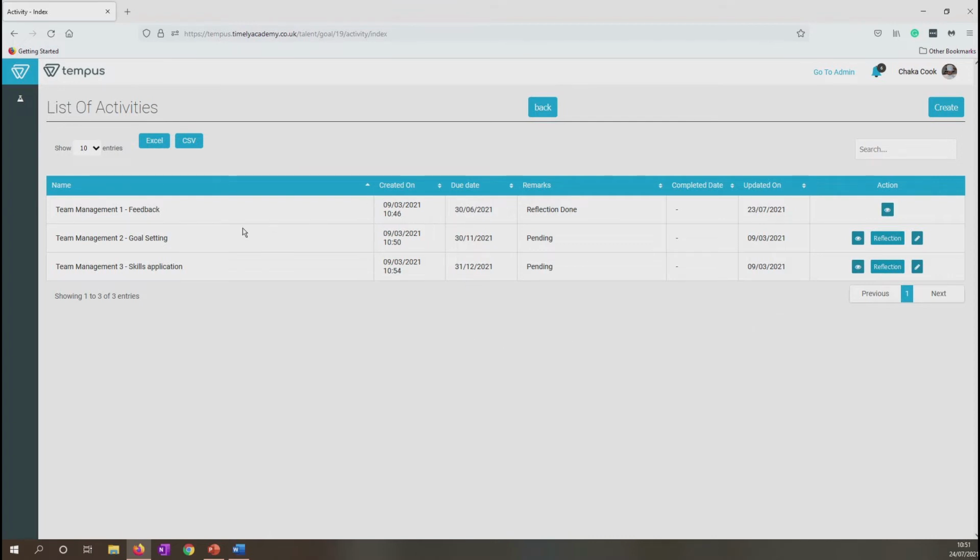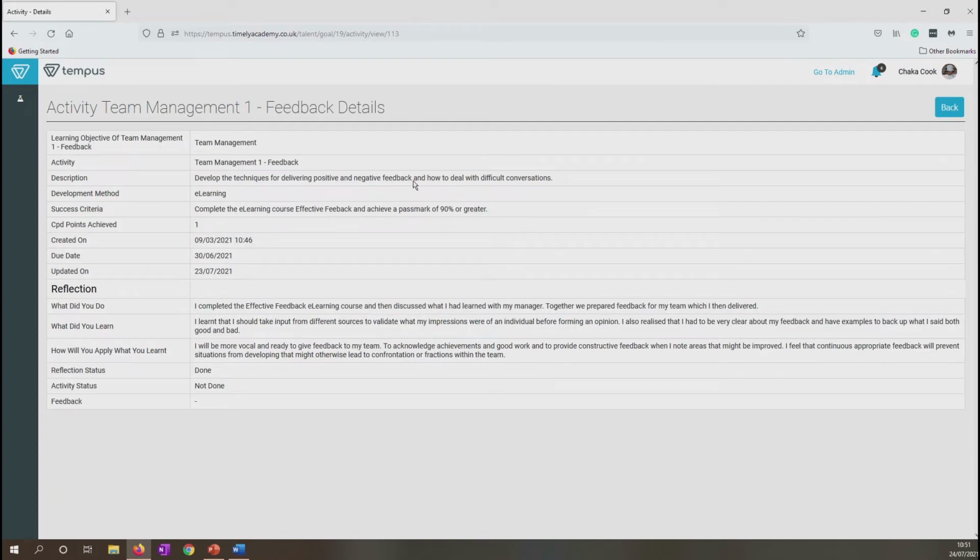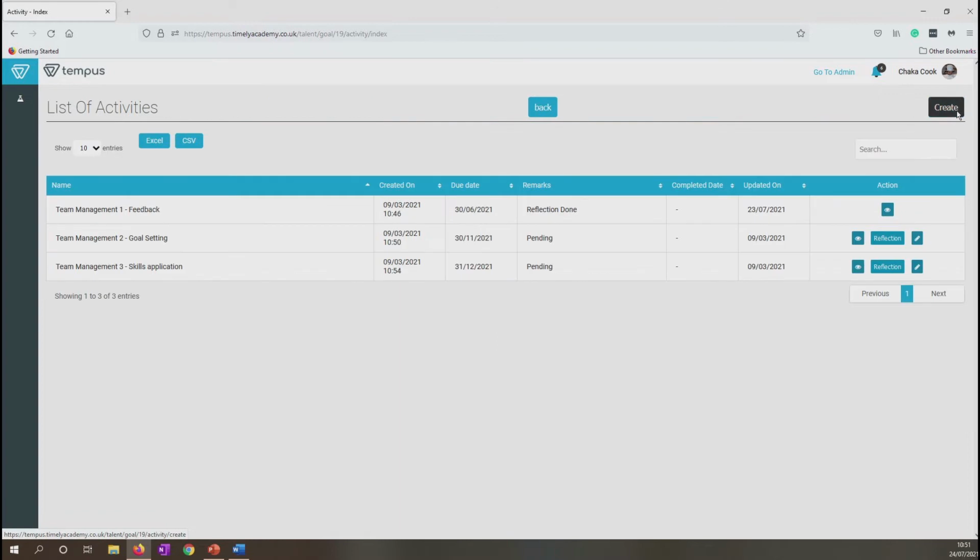So we've got again a definition, when it was created, when it's due, whether the reflection's been done, whether it's been completed and signed off, when it was last updated, and we've also got some action buttons along here. So I'm going to view feedback, and here we can see the definition of what that looks like,